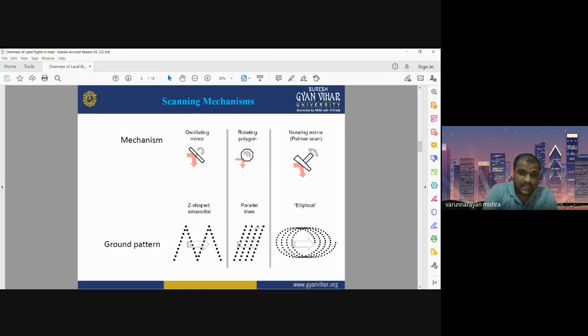Okay, scanning, as you have seen in remote sensing, whatever the sensor scans the earth surface, how it scans the earth surface, in the same way lidar is also having some mirrors and there may be some movement. Okay, that is known as scanning mechanism. In the same way what you see in the optical sensors, that may have two types of scanning, push broom and whisk broom. Okay. In the same way here, we may have three different types of oscillating mirrors.